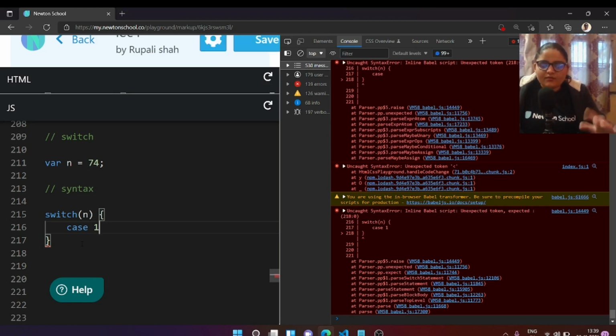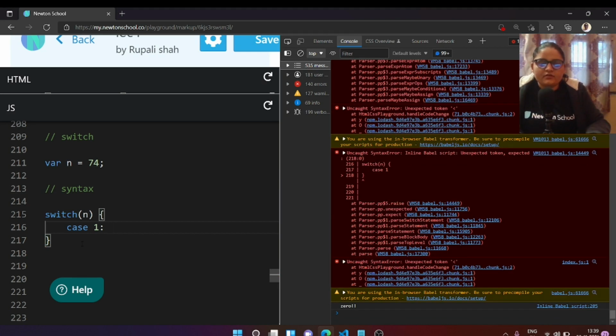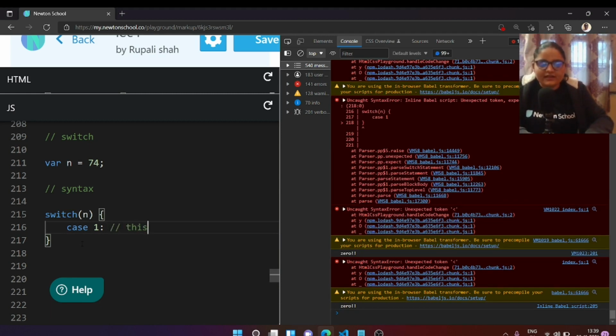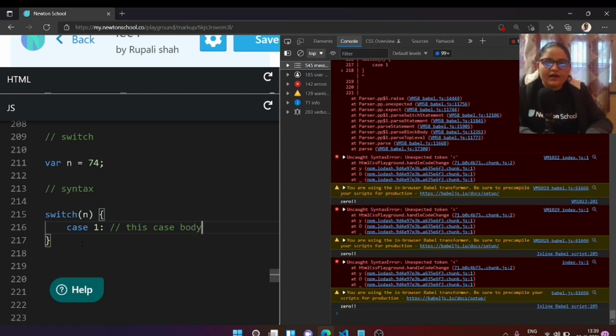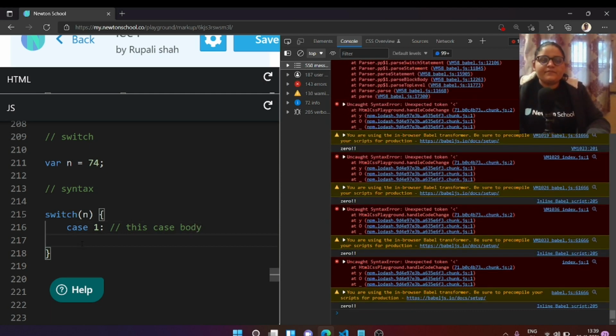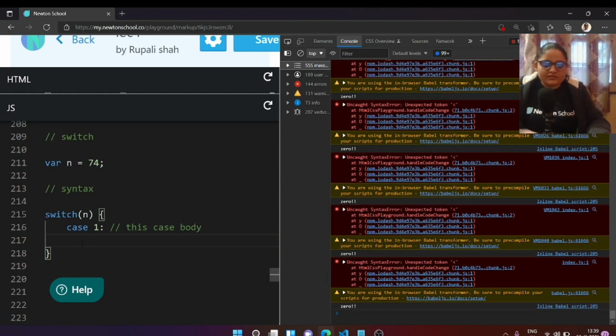This would be the case syntax, where we need to have a colon over here, and this colon says that the body of this case has started. And to end the body, we have a break.